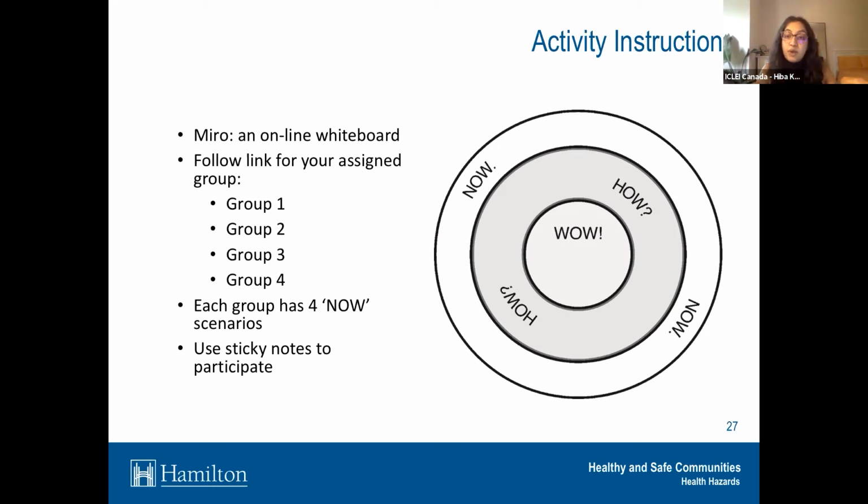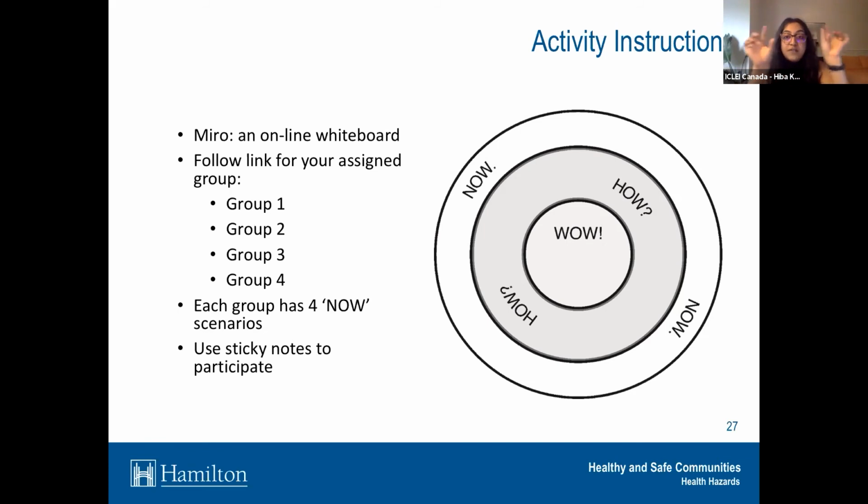We'll go into 4 breakout rooms. So one group will stay with me, Hiba, and the other 3 will be facilitated by my colleagues, Chris, Rena, and Jenny. Each of these groups, we have about an hour for the activity. And like I said, we have that list of prioritized impacts to get through. You may remember I mentioned that we group some impacts together when we address and brainstorm actions. So we've taken that list of 7 and we've started to group them. And so we're going to address 4 to 5 scenarios or now statements within the group. They do address all those 7 impacts, but they're just grouped into those 4 now statements.